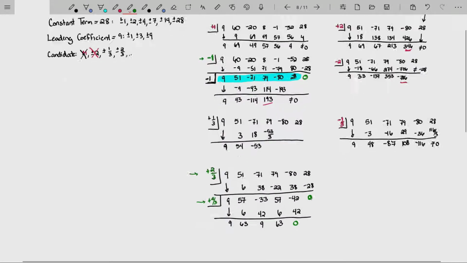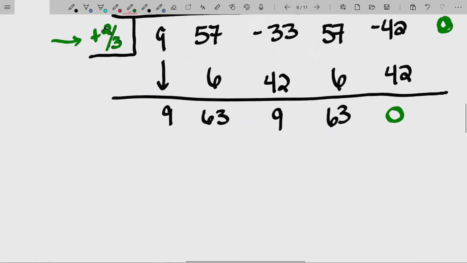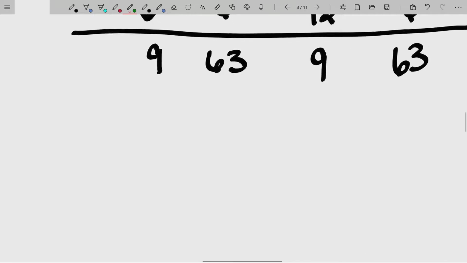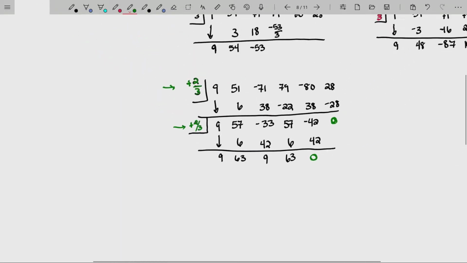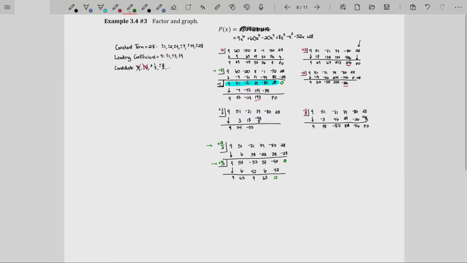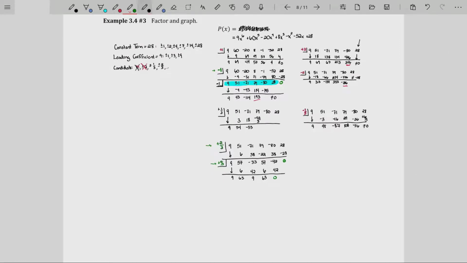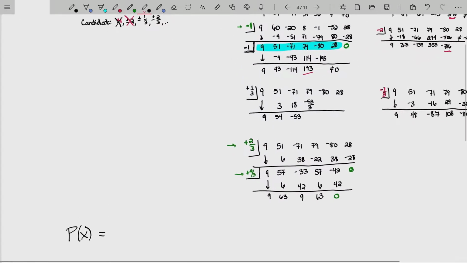And now we're down to something, if you look at our result there, that will be a polynomial with 4 terms. And the terms are 9, 63, 9, 63. I easily know that will factor. So that's a factoring by grouping. So I know that our polynomial, which I'm not going to rewrite the whole silly polynomial, I'll just rewrite it like this, has the factors